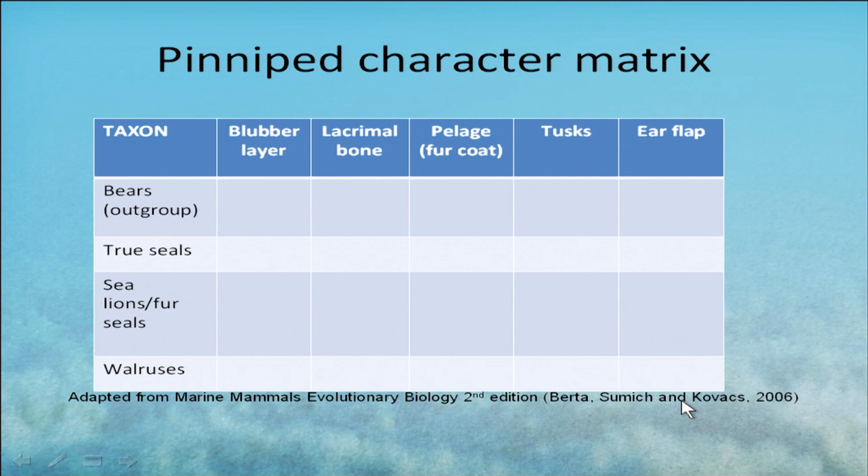We're going to go ahead and look at 3 different groups of pinnipeds. The true seals, which are called the phocids. We also have the sea lions and the fur seals. Those are going to be the otariids. And finally, we have the walruses. You might notice a 4th group in there, and those are the bears. The bears are not pinnipeds, but we always need some